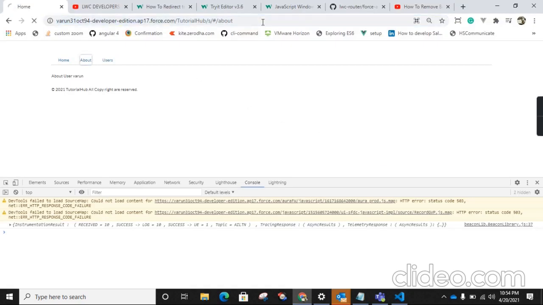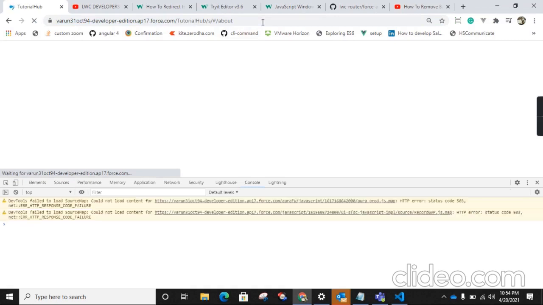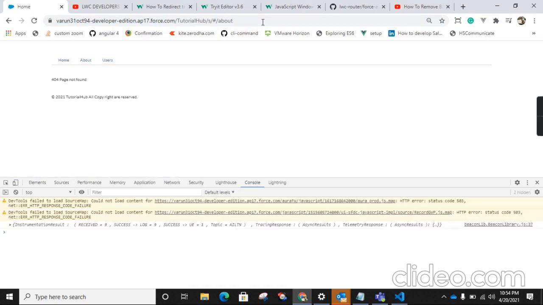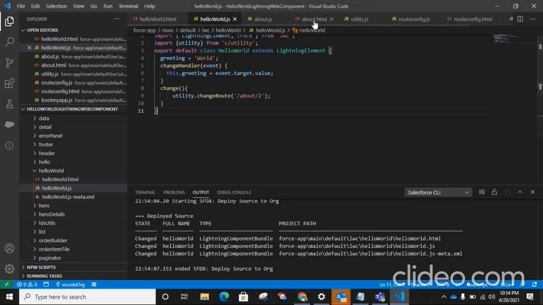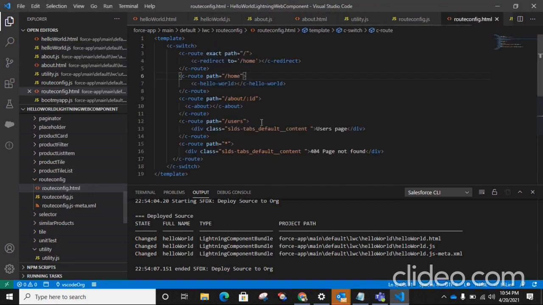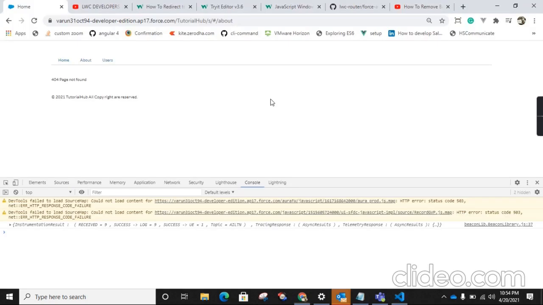We are getting 404 because we are using an ID parameter in our route, so we have to give an ID like 1.